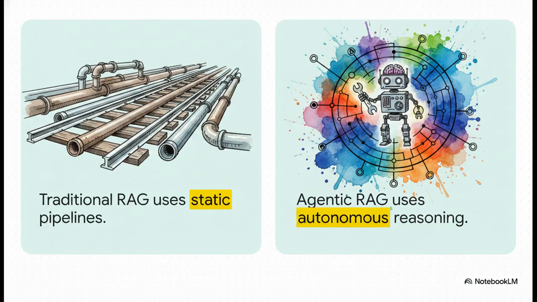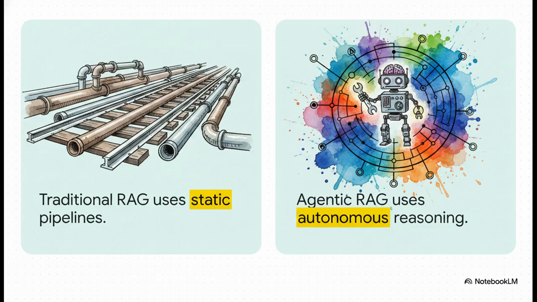This is where we see the next massive disruptor in the space. Notice the stark contrast here. Traditional RAG is completely predetermined. It relies on a linear path that is set in stone by a programmer. You ask a question, it searches exactly once, and if it fails to find the right document, well, the final answer is just going to be wrong. Developers tried to make it smarter by adding clever little tricks, like re-rankers to double-check the search results. But fundamentally, it was still a very rigid one-way street.